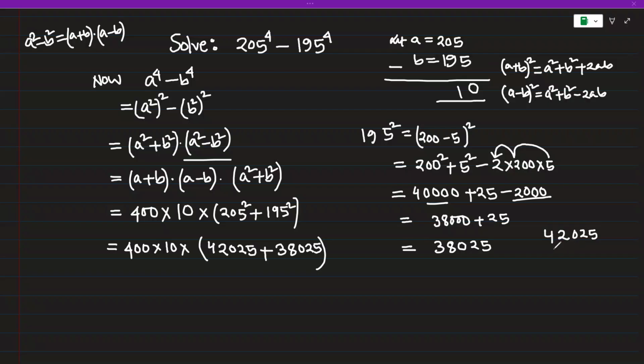So we need to add 42,025 plus 38,025. If we adding that, we got 5 plus 5, 10, 1 carry, 2 plus 2, 4 plus 1, which is 5, 0, 8 plus 2, 10, 1 carry, 4 plus 3, 7 plus 1, which is 8. That means we got 400 times 10 will be 4,000. We need to multiply that